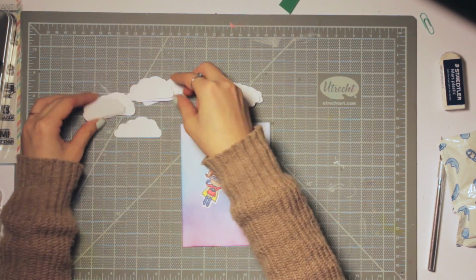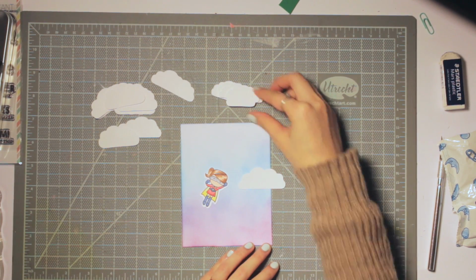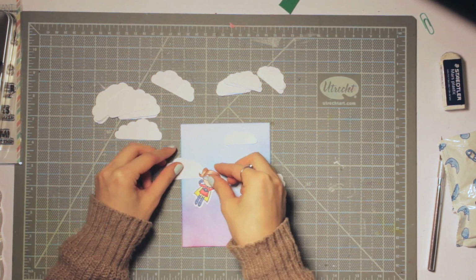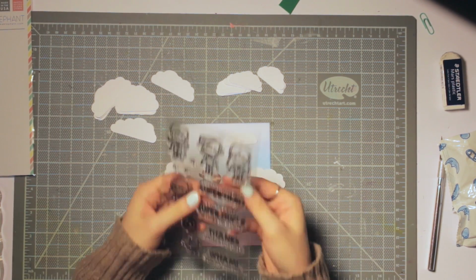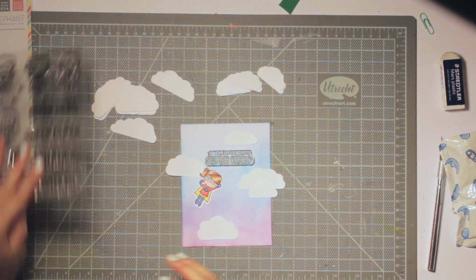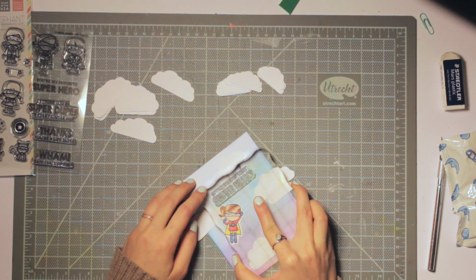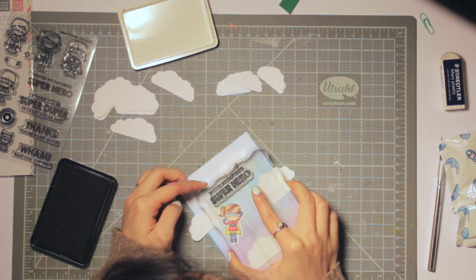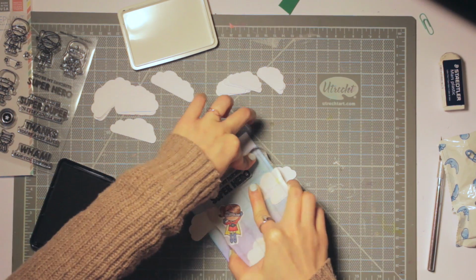lighter blue-purple color. And then I pulled out all of these cloud shapes that I had all pre-cut on my Silhouette Cameo, and I kind of just keep them in a little bowl to use on projects. I think clouds are a good neutral shape to use, especially for this one where she's kind of like flying in a sky scene. So I pulled out one of the sentiments from the stamp set that says, "You're my